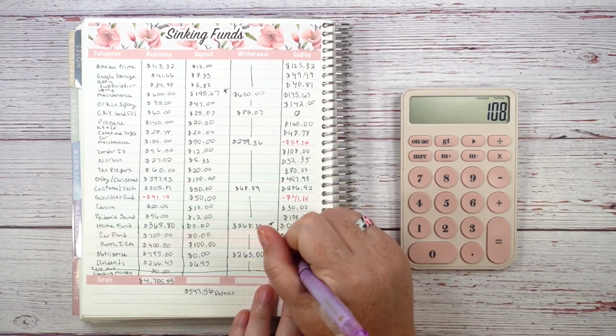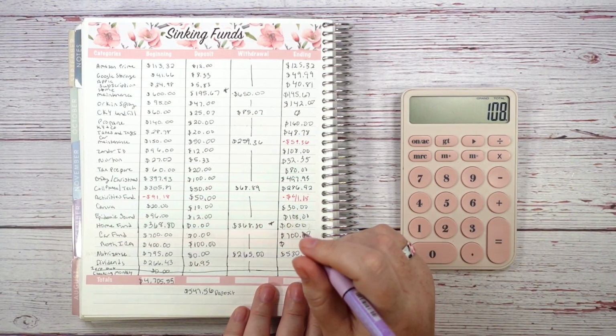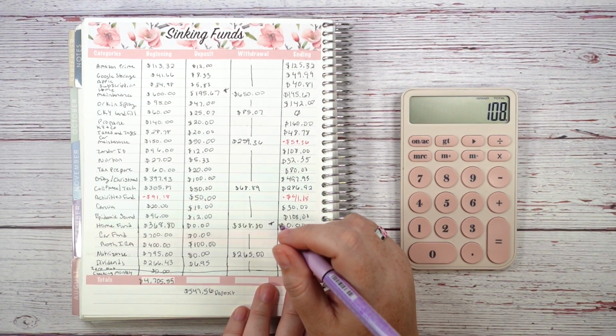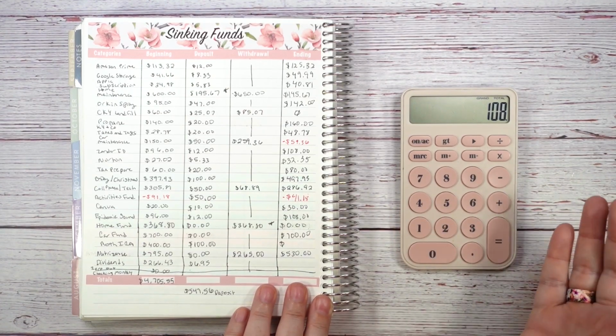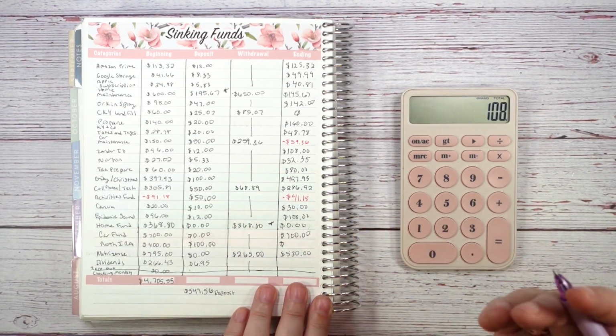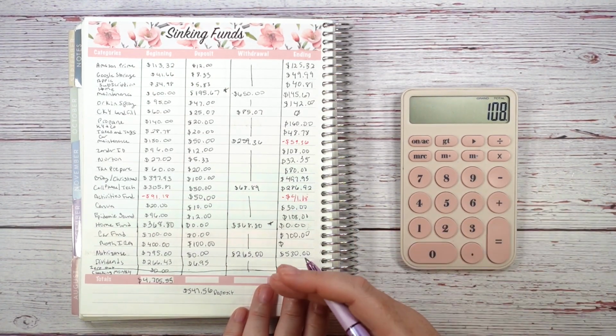$500 for the Roth IRA. So I've already contributed $7,000. I get to contribute, I think, $8,000 for the year. I'm waiting for my birthday to happen, and this is actually $100 a month till December. So either the end of this year or the first of next year, because I can contribute to